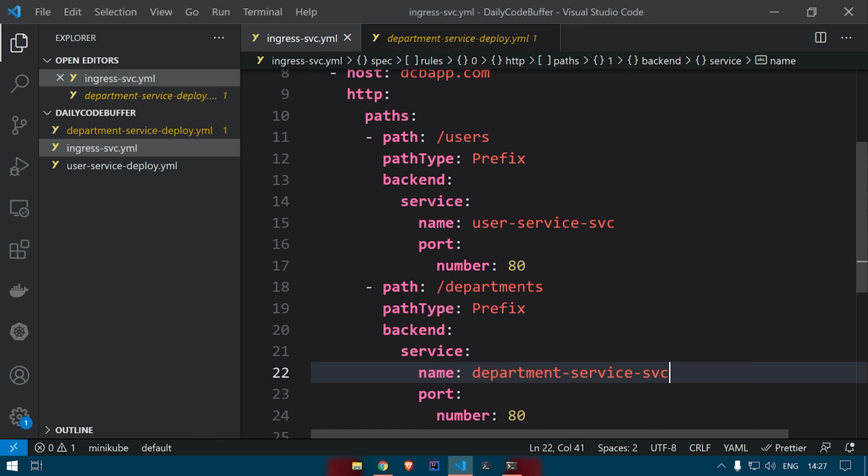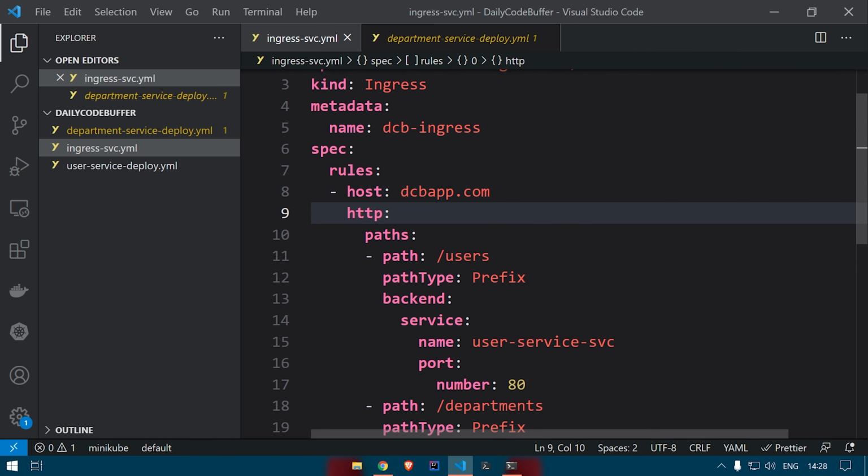So now we have to go to our terminal and deploy everything over here. One thing to note is that dcbapp.com is just a dummy domain. So I need to add a configuration to resolve this particular host when calling from my local host. Once I deploy this ingress service, we will get one IP address. For that IP address, I will configure this domain in my local machine. If you're working with Windows, in System32, there is a hosts file, and you can configure it that way.